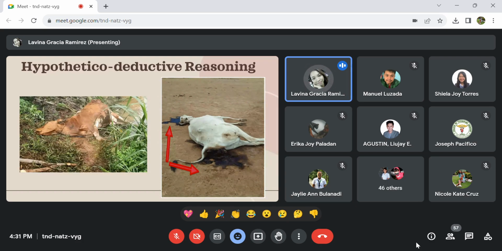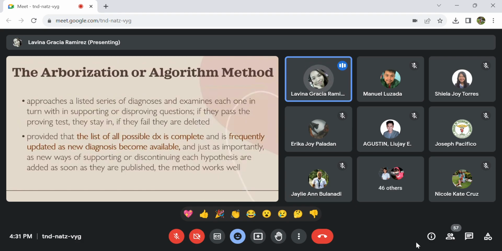So what will you do? You have your history taken, at the same time your other clinical examinations. This is just a few pictures here. But knowing that you have an idea of this means you have your reference in mind, your basic understanding from a certain study, for when this kind of photo or documentation was given to you. So thank you for those students. Okay, next. That's the hypothetical.